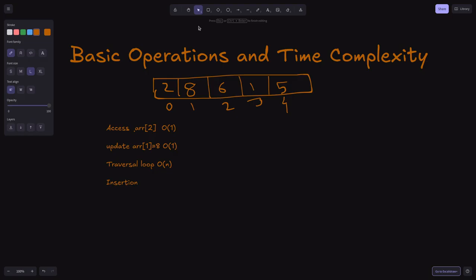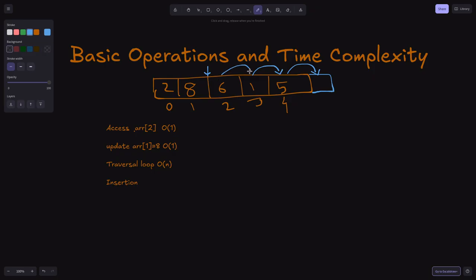Let's understand insertion. Insertion means we have to add. So let's say we have to add some element after 8, then we have to make an extra space. Suppose it's already present, as in C++ and JavaScript, so we already have space for 6 elements. We have just filled 4 or 5, so one space is there. I want to add 10 after it. So we have to shift this one to here, this one to here, this one to here, then